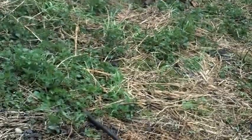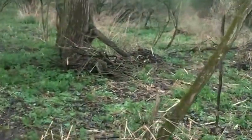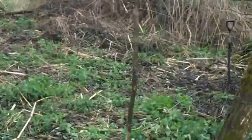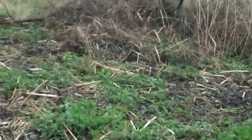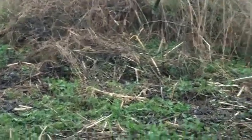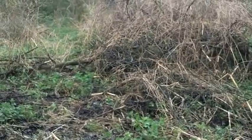Of course, I'll rake up all this stuff around me and put it on top before I bury it. And I have lots and lots of material I've already piled up right here, just clearing out this mess. And it shouldn't take me very long at all to move what's left of that tree over there. I'll just have to leave the big stumps and the big logs to put in that fence that I'm starting